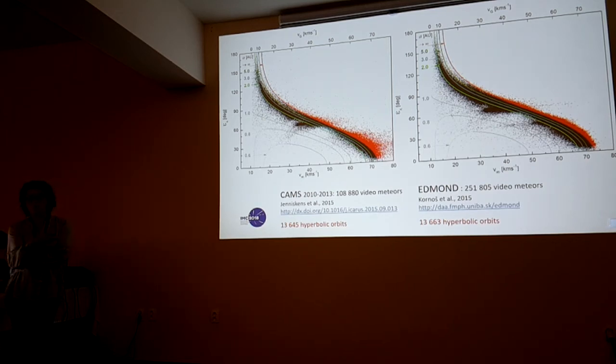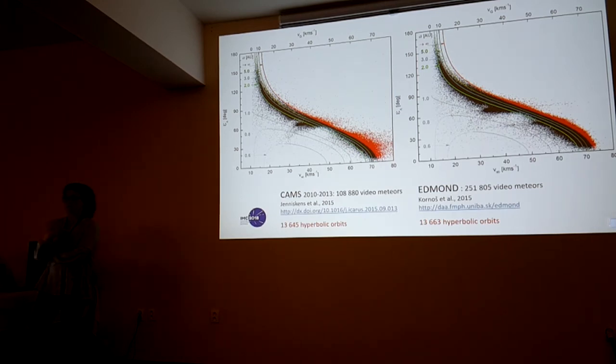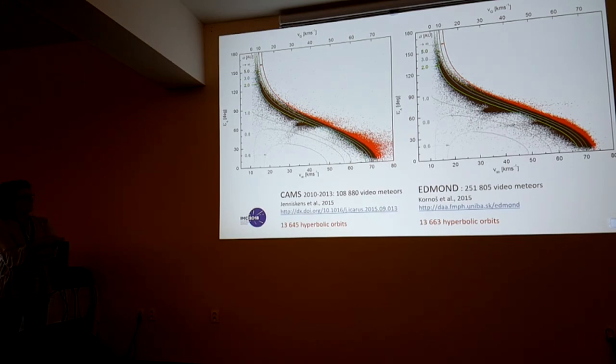And we know from other analyses that hyperbolicity can have many reasons, but real hyperbolic orbits from any reason are very rare. It means they can't be real. In this data, in the CAMS data, there is a higher dispersion,